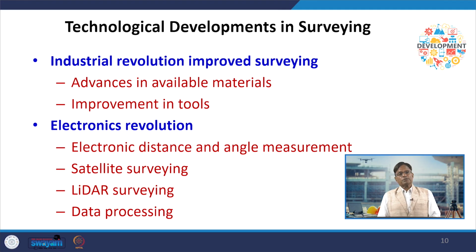So, this technological development, if you see from industrial revolution to the electronics revolution. When the industrial revolution came, it improved our surveying devices because we had advances in the available material. So, our material has become very light and non-breakable material. Then improvement in the tools, our tools have improved, they became lightweight, because transportation of heavy equipment was also a problem in the field. So, our equipment in the industrial age have become very compact, lightweight, very easy to transport